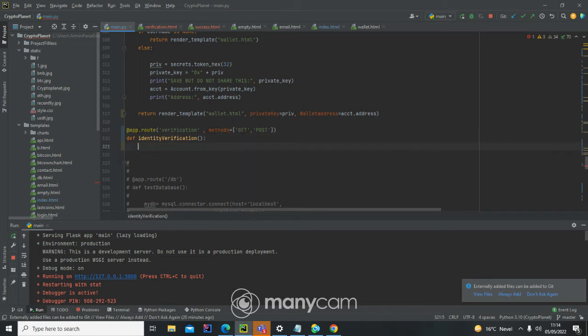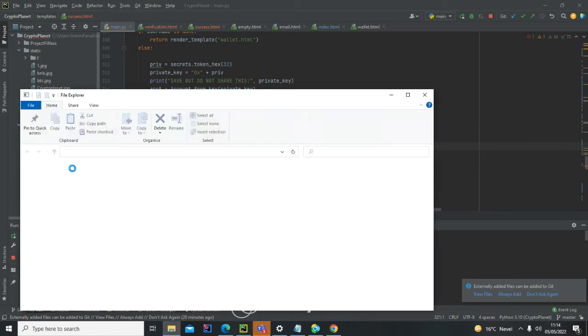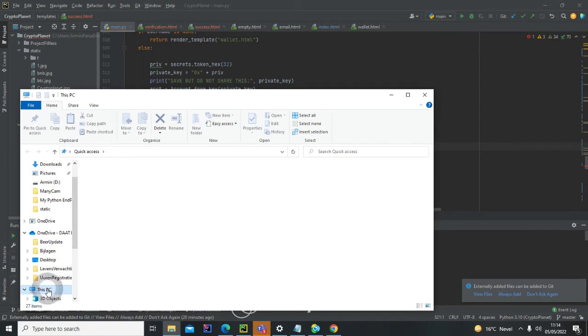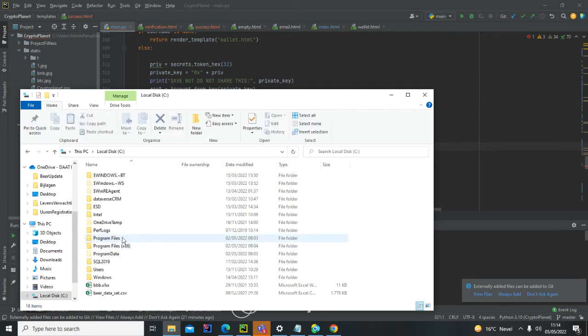And here I have made a folder in a static folder, and for you to see, that is here, and you can choose where you want. I say I want to save it, for example,